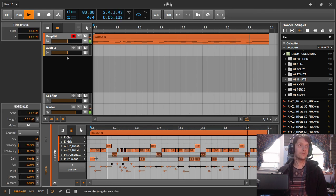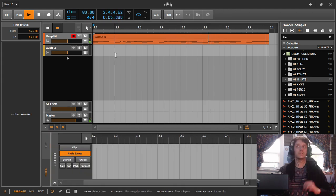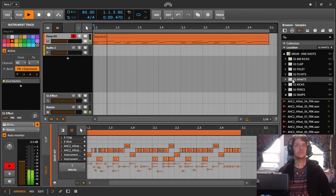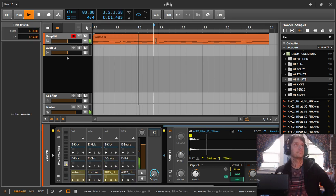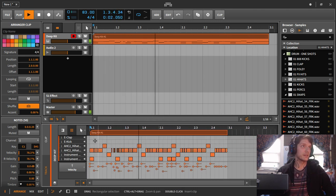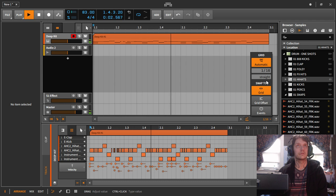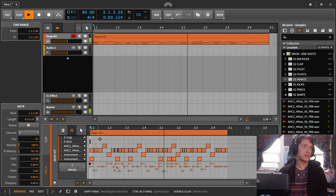Now one of the things I normally do in my basic beats is I will bring the velocity for the kick and the snare all the way up. And then here, you can just add in some little bits. Now you can have a kick here. Because you don't have to do all of your layering within